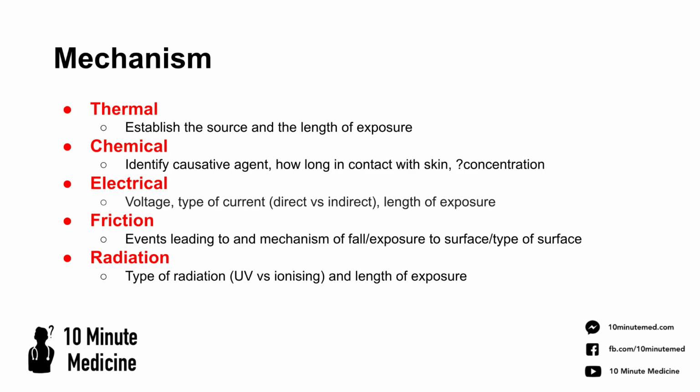Then when looking at the mechanisms and going into a bit more depth, the key questions and the key answers you need and the things you need to establish are the source and the length of exposure. For chemical, the causative agent and the concentration. With electrical burns, you ideally want to know whether it's a direct or indirect current, as that will have implications on the heart. With friction, typically it's the type of surface and the kind of fall, how they fell, the